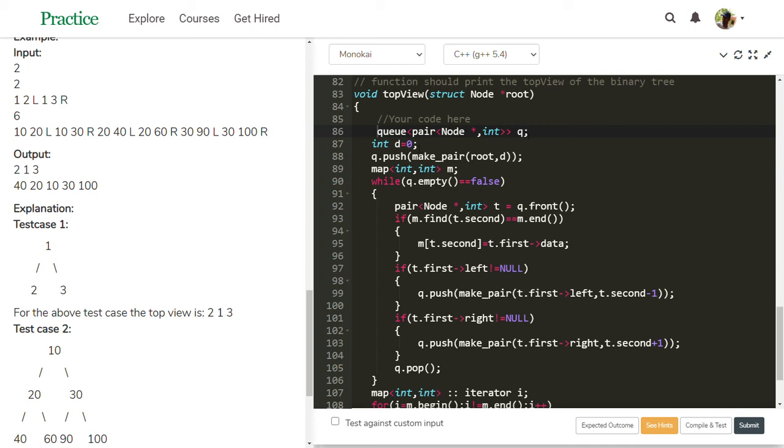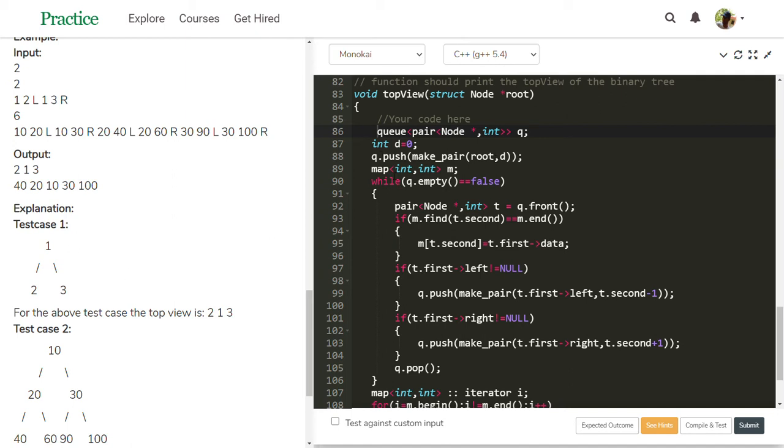The variable is q. Initially, the root distance is 0. Then q.push(make_pair(root, d)): the root node address and distance d are pushed into the queue.